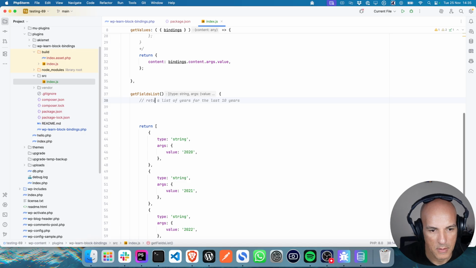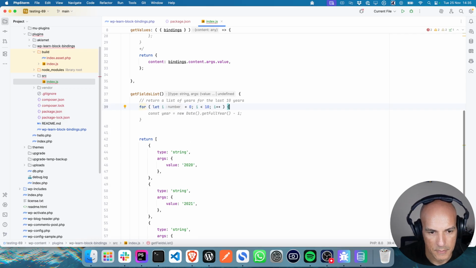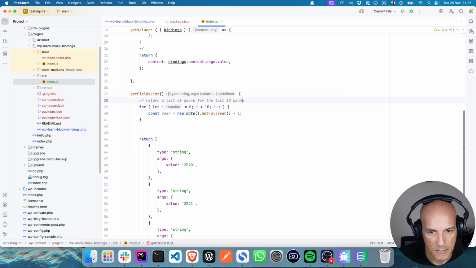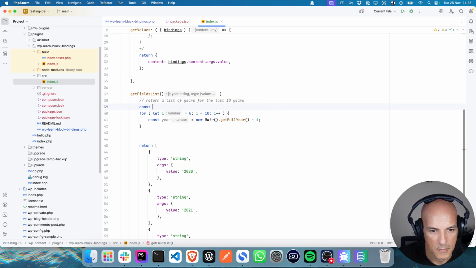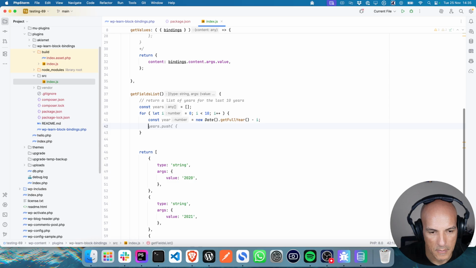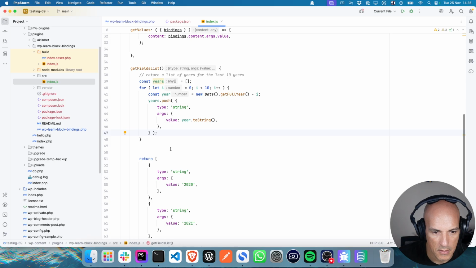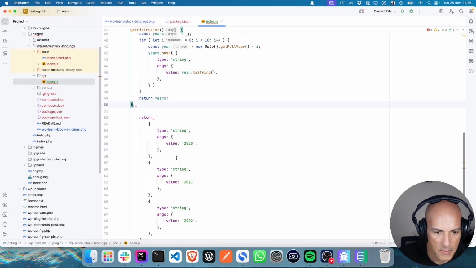Say return, type string, value, and then we should be able to return years. That should work.